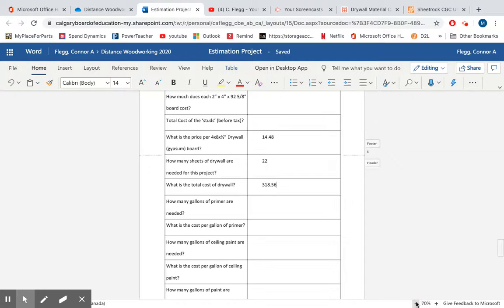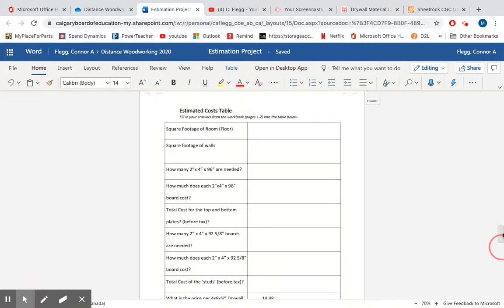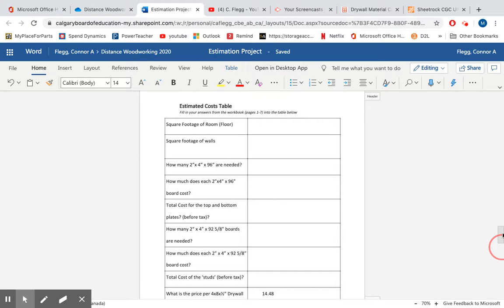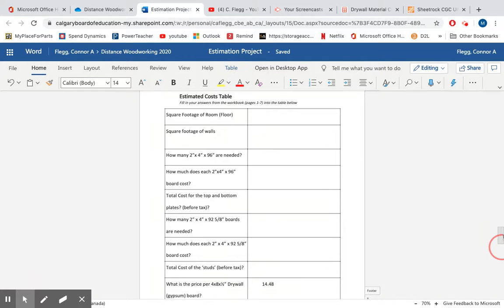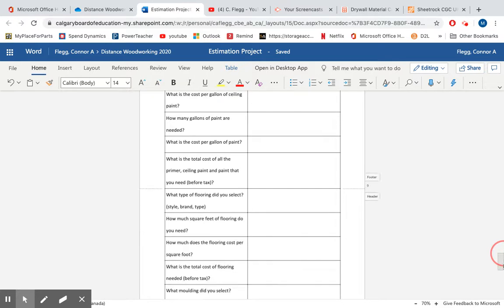So what you're going to do is go through this workbook using the websites I provided, and you're going to end up with this table being filled in from top to bottom. So estimated cost table right at the very end. And we're going to fill everything out. It follows along with the document, so there's no jumping around. It goes step by step by step. At the very end,